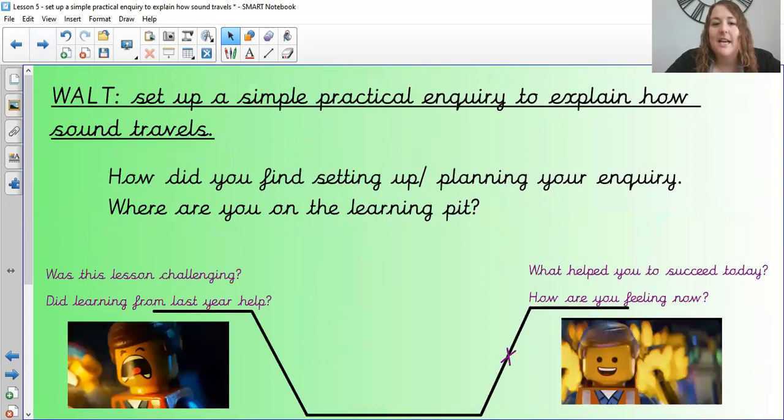And then just have a think about today. How did you find setting up or planning your inquiry? Where are you on the learning pit? And again, just think about, if you can, what helped you to succeed today if you are out of the learning pit, or what challenges you might have faced down here and how you can then progress out of it next time. A huge well done from me for today, and I really look forward to the lesson next week